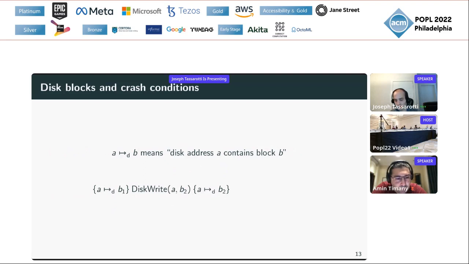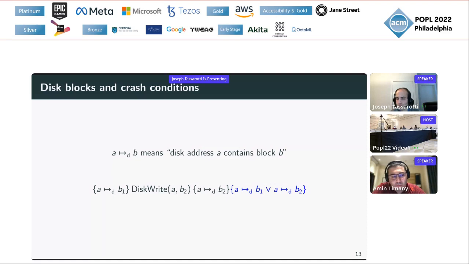We can make this into a quadruple where the crash condition captures the fact that, for our purposes, a disk write of 4 kilobytes is an atomic operation. So if we get interrupted by a crash, either it'll happen before the write has taken effect, in which case we'll be on the left side of this disjunct.